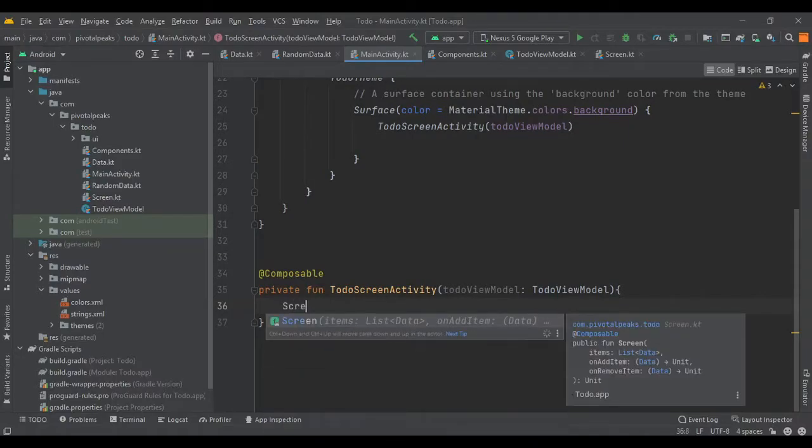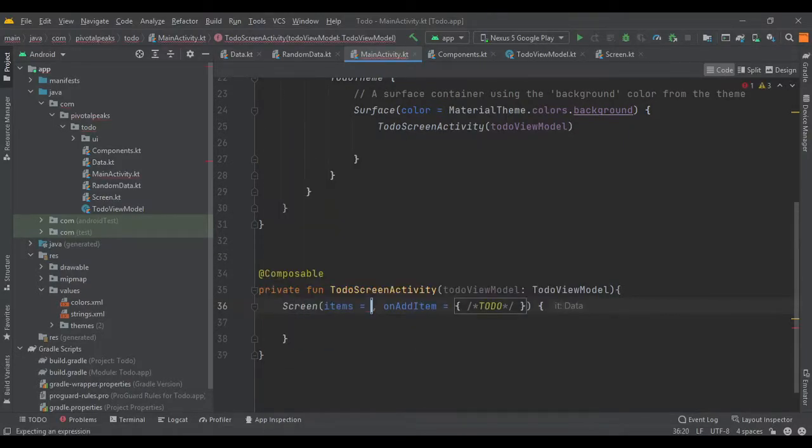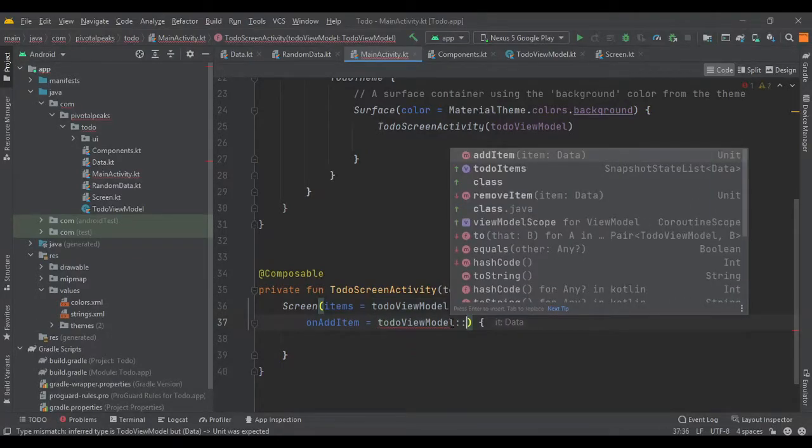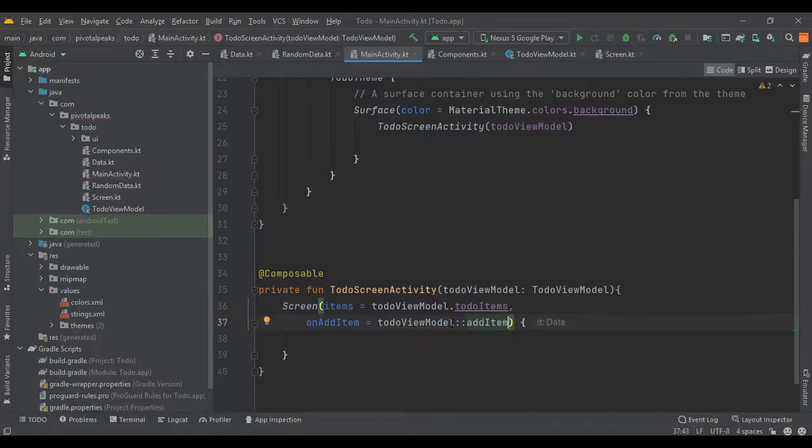Let's call it our screen, and for items we are going to just pass todoViewModel.todoItems, and let's move it to the next line and pass the onAddItem. So todoViewModel, pass the two colons and pass that item.